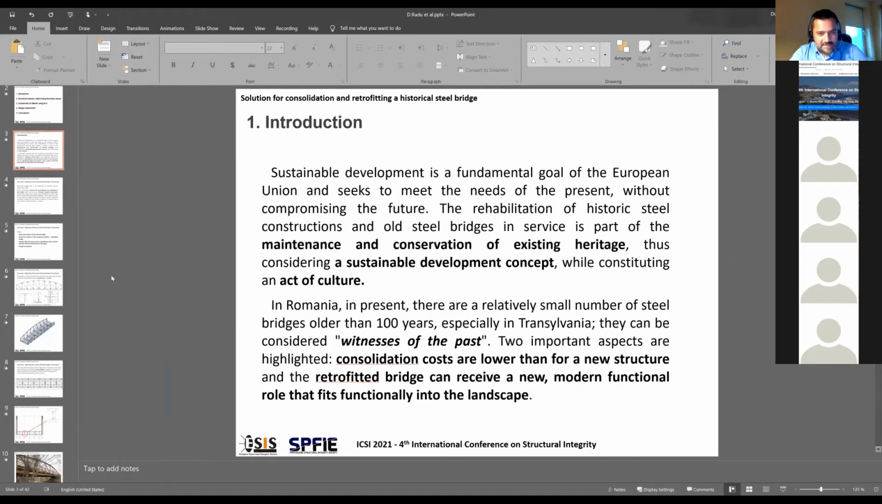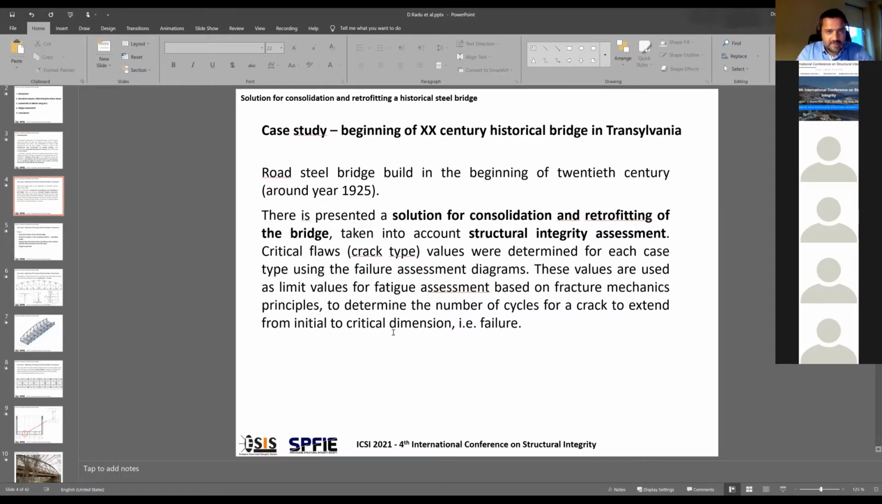So in Transylvania, as I said, there are a major part of these bridges due to it being an Austro-Hungarian part. They are considered, these bridges, also witnesses of the past, and the importance is that we need to have them consolidation and maybe retrofitting. As a case study, I will present a riveted road steel bridge built in around year